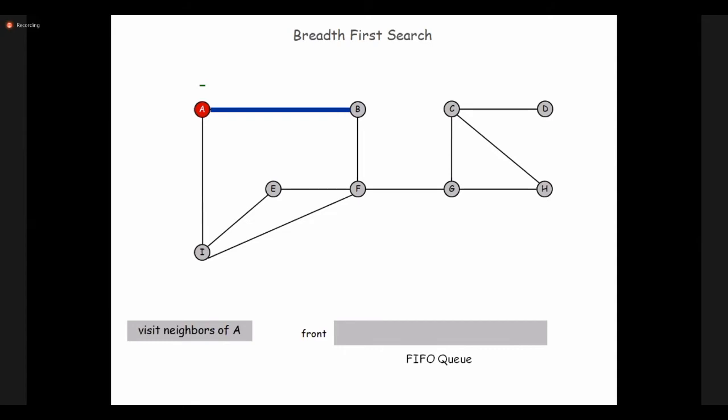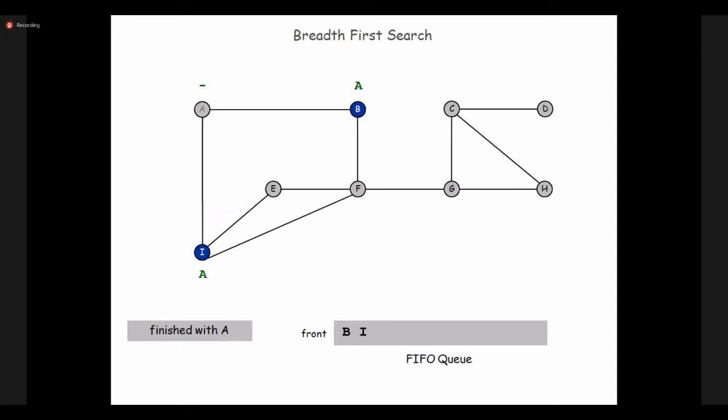Look at the animation picture. A to B, one connection, then I am placing B into the queue. Clear? Then I: first visited and then inserted into the queue. Look at the corner of I: I is discovered and finished with A. Finished with A means I visited all the adjacent vertices of A, so I will remove A from the queue. That is the meaning of finished with A. So I will remove A from the queue.